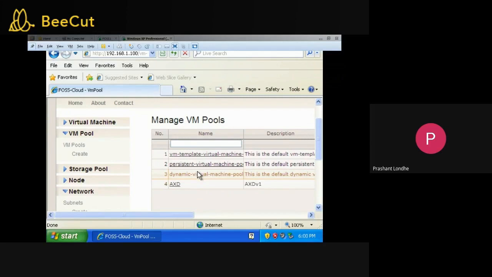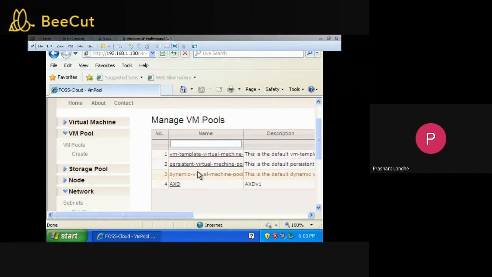Then I can run from 1.0 to .255, right? But I need to specify one range, so it might be something like 192.168.1.100 to 192.168.1.155. So any node which is having an IP address between that particular range should be able to access the VM pools.